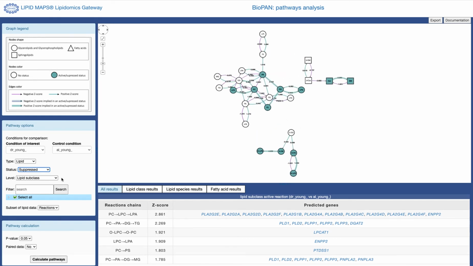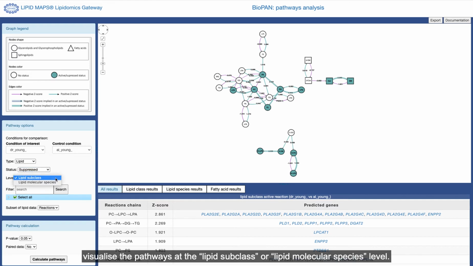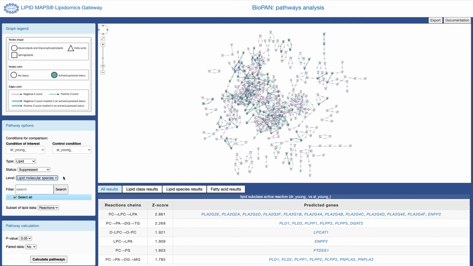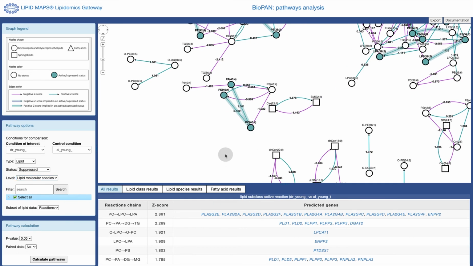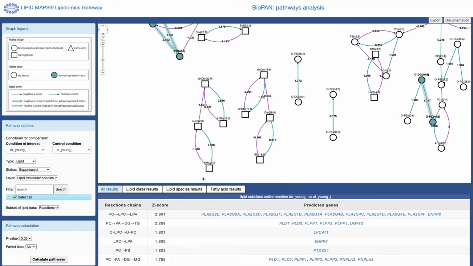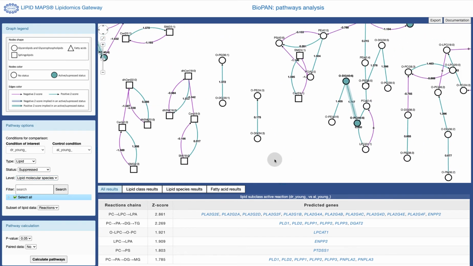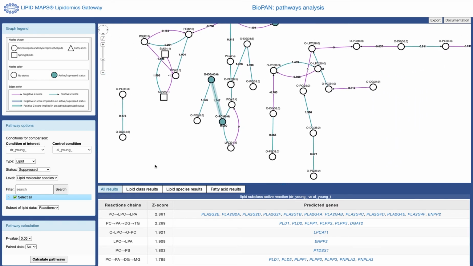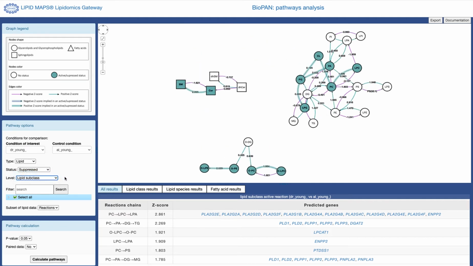The Level menu. Visualize the pathway at the subclass or lipid molecular species level. The Filter.